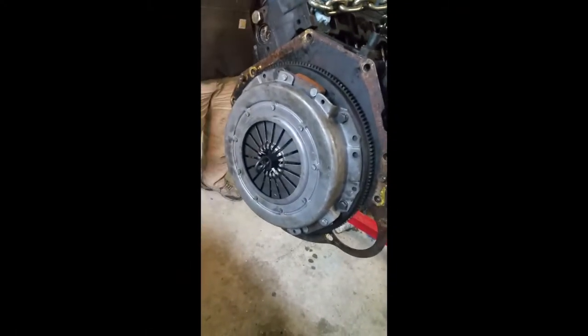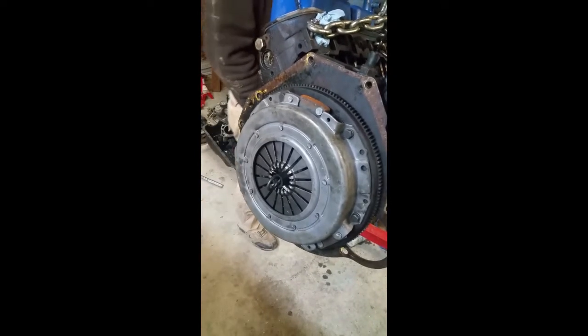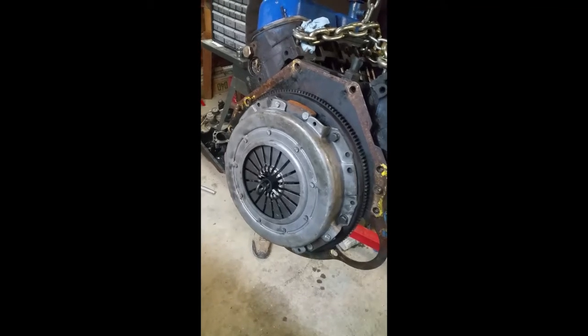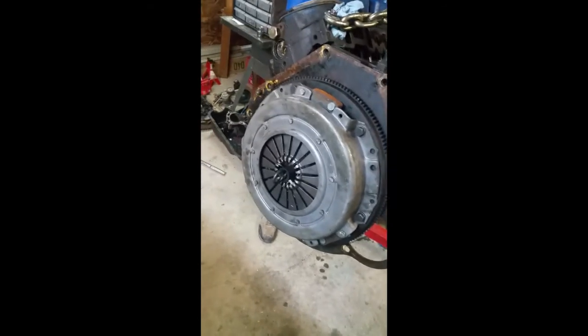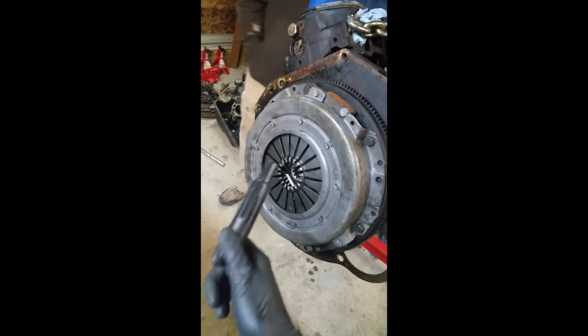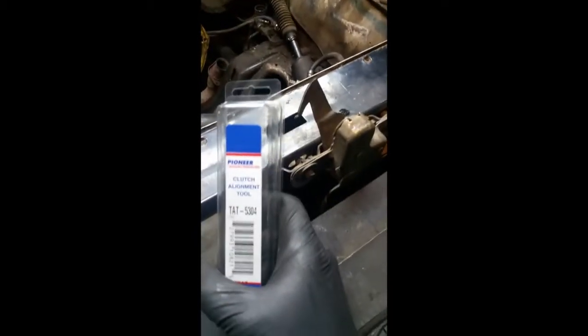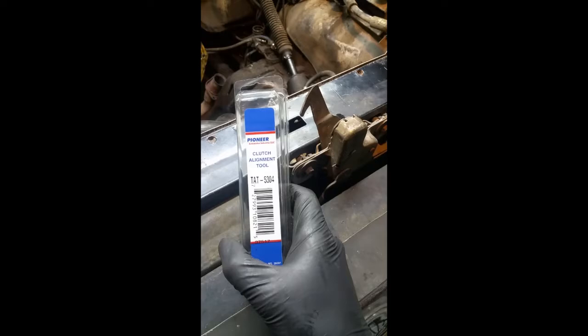Okay, so I took off the clutch and the flywheel because I forgot to put the bell housing on, so we put that back on and torqued the flywheel back to about 85 foot-pounds. This time I put the clutch back on using this alignment tool to make sure the clutch is in the right position so it'll line up on the rod down there in the transmission. This piece fits well. I bought two of them because I wasn't sure. I have a bigger one, it's the wrong one. This is the one I used that is correct,